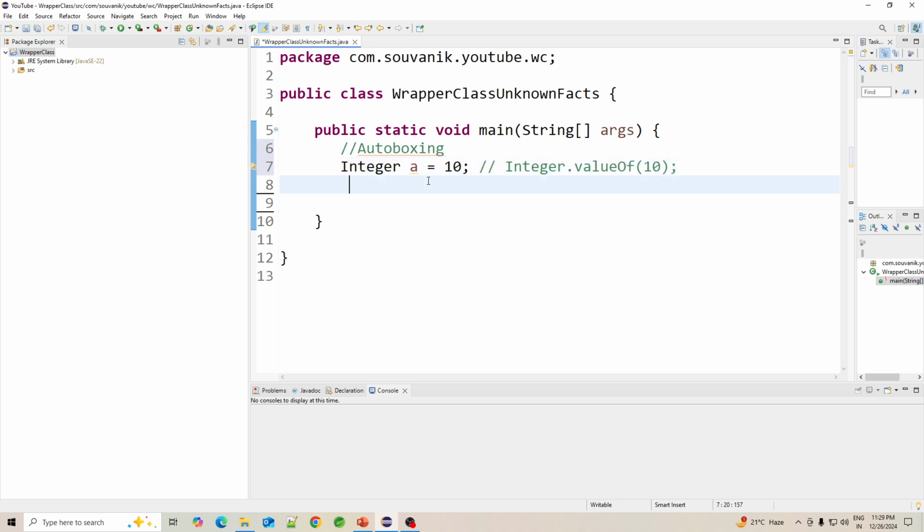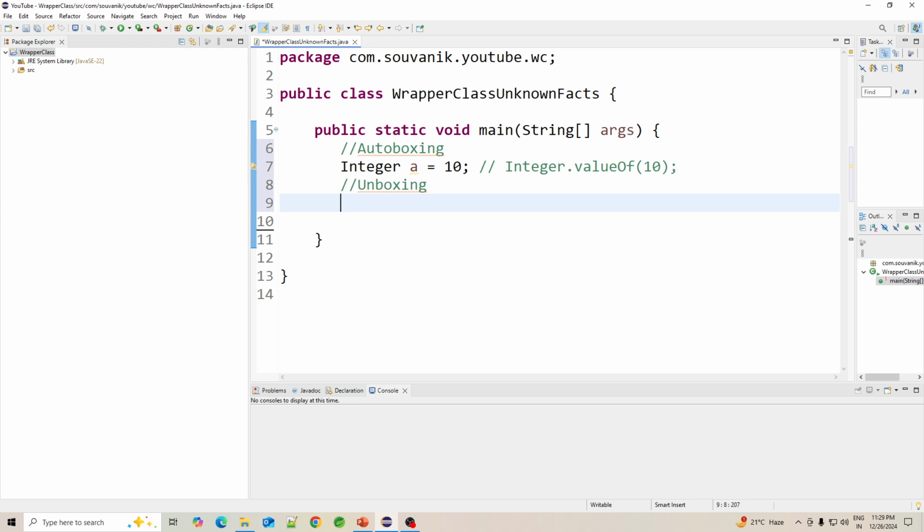Now coming to unboxing. What is unboxing? Unboxing is nothing but the reverse process of autoboxing. That means whenever the conversion is happening from a wrapper class object to the corresponding primitive data type, we call this process unboxing.